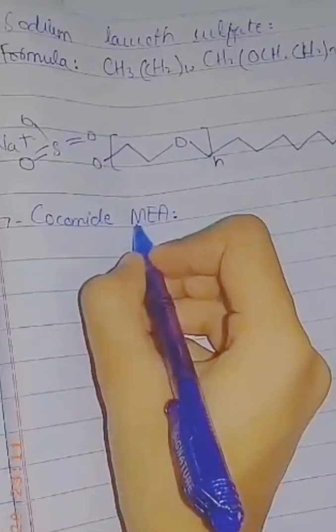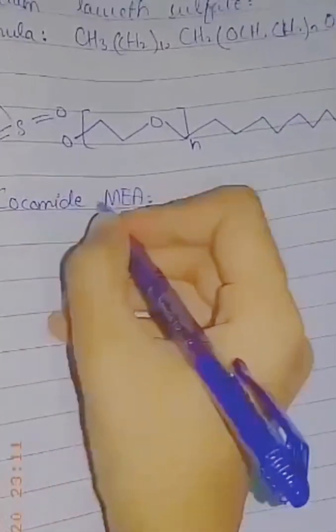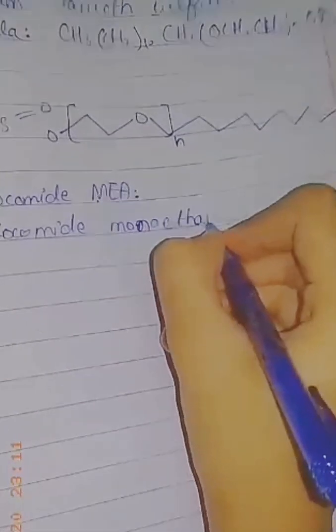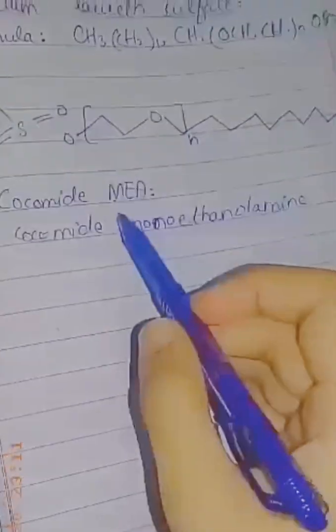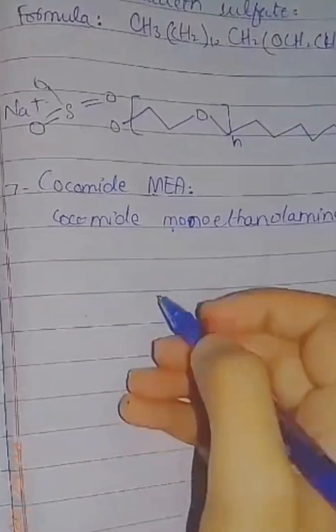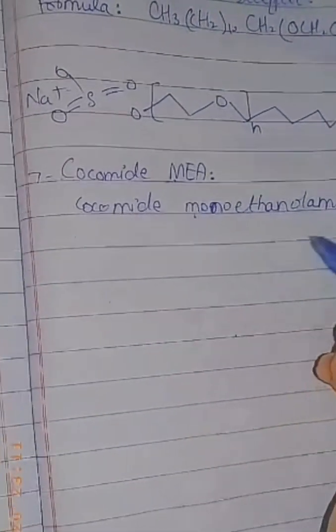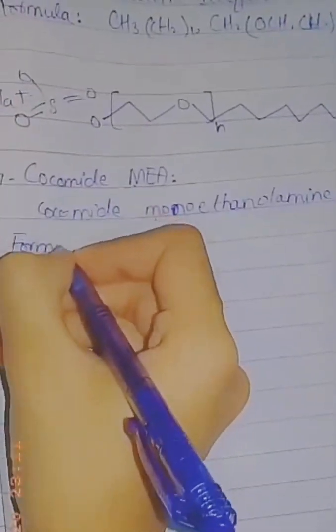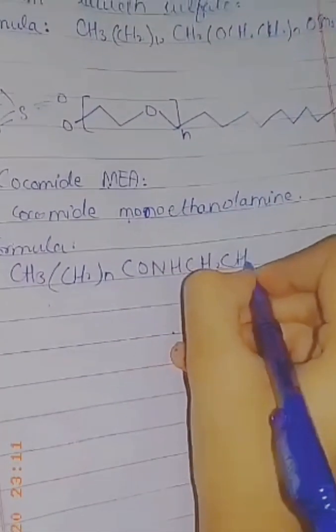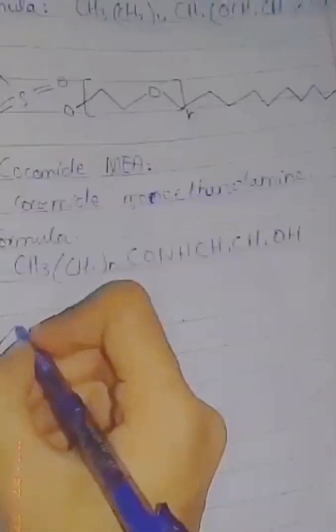Seventh one is Cocoamide MEA. Cocoamide MEA or Cocoamide monoethanolamine. MEA basically stands for monoethanolamine and it is a solid off-white to tan compound often sold in flake form and used in cosmetics and personal care products in formulation of bath soaps and shampoo. Its formula is CH3(CH2)nCONHCH2CH2OH and its structure is